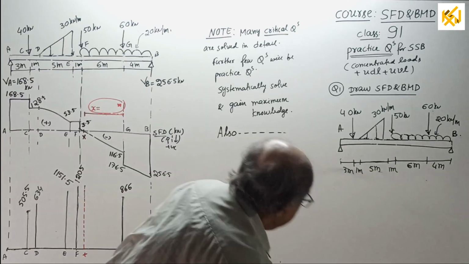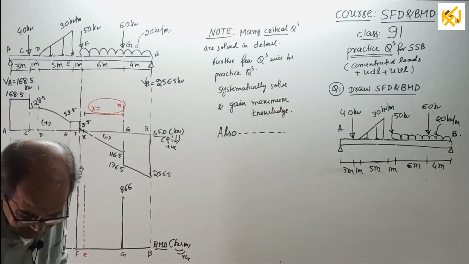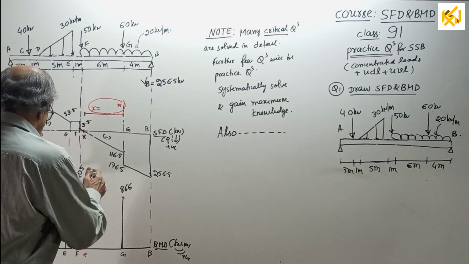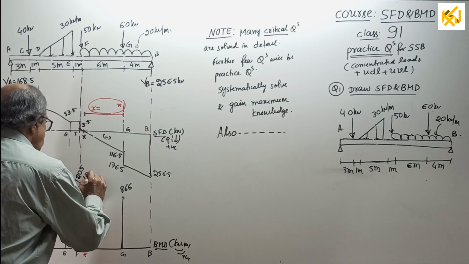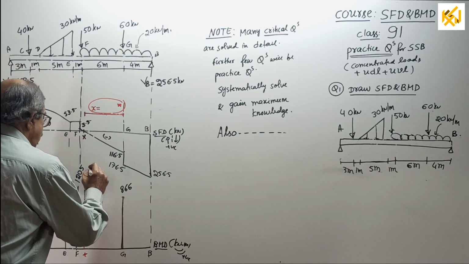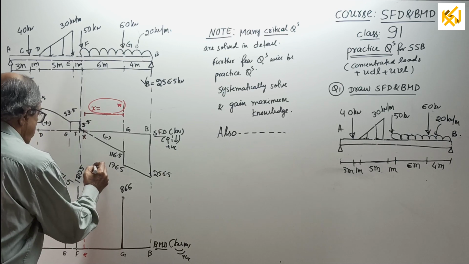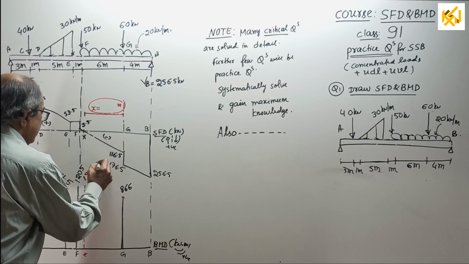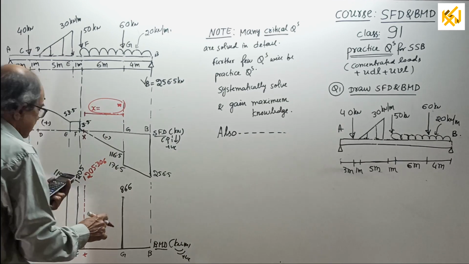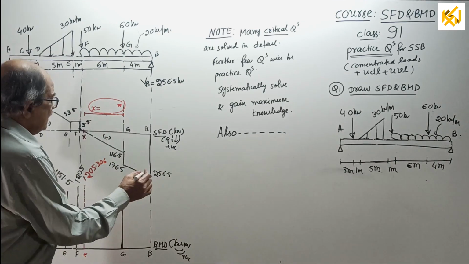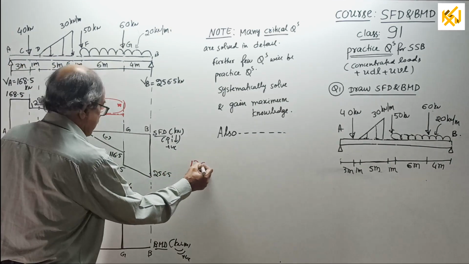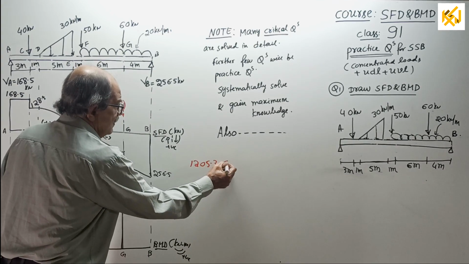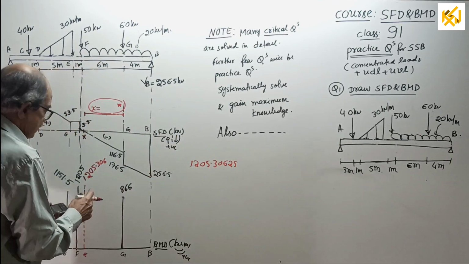That value will come 12, it should come slightly more. I'll write here now. 1205.30625, or 306 is sufficient, if you want. 1205.30625 is the bending moment. Okay, now